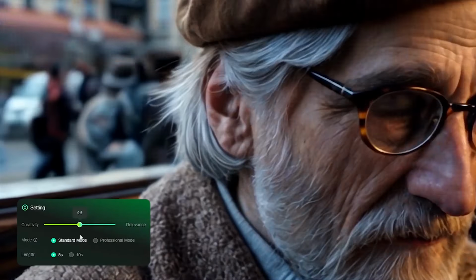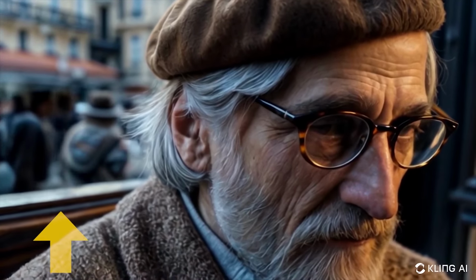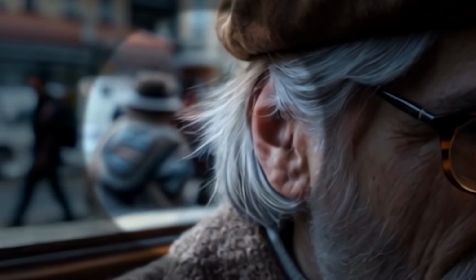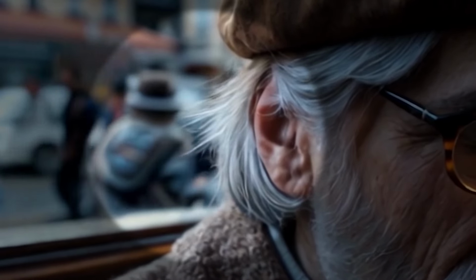And after playing with settings and adding more creativity, this tool amazed me even more. See how accurate the people's movements are in the background, and if we look closely, we can see how these two people are moving behind the old man without any distortion or deformation in the hair. These kinds of details are mind-blowing and revolutionary.